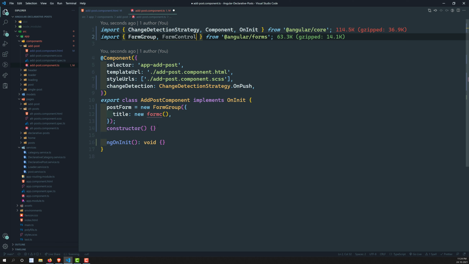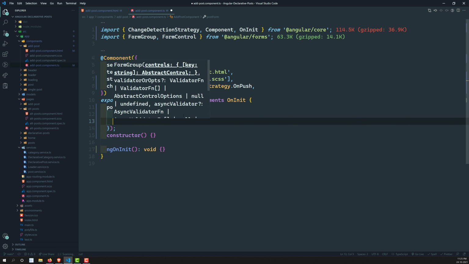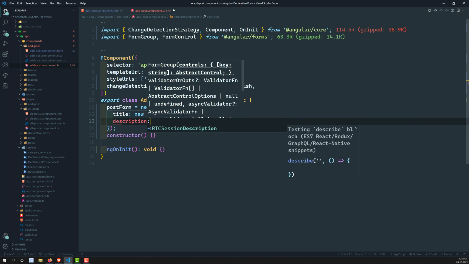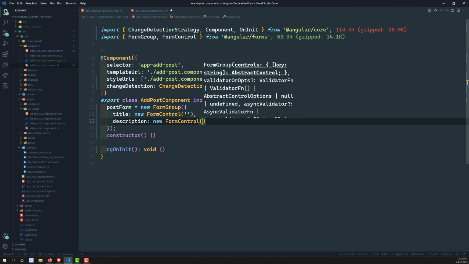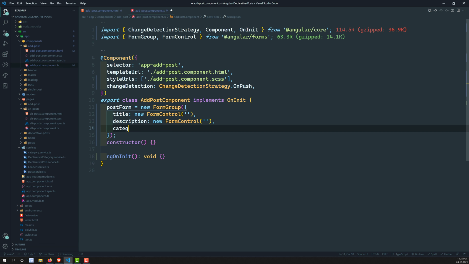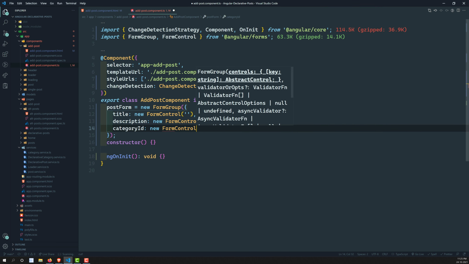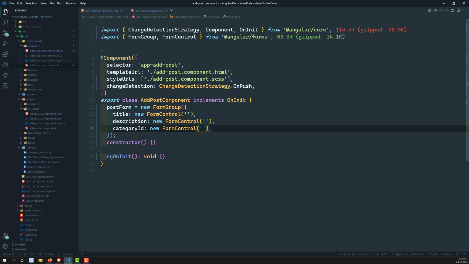Let's import the FormControl, and here let's add new FormControl. The default value I will be giving is empty. And another one is the description, so it is also of type new FormControl, and this one is also empty. Now the last one is the category id, so this is also of type new FormControl, and here also I will be giving the default value as empty. So that's it, we have created a new post form.